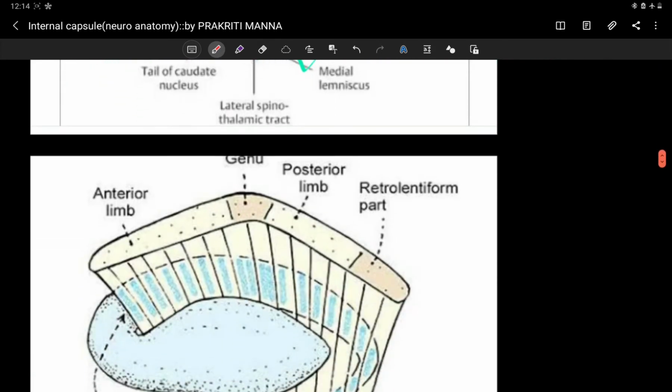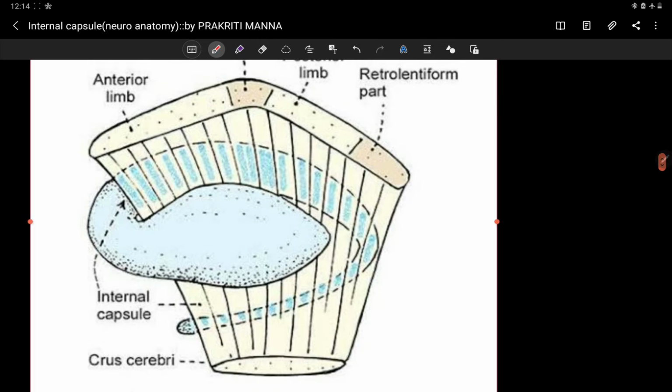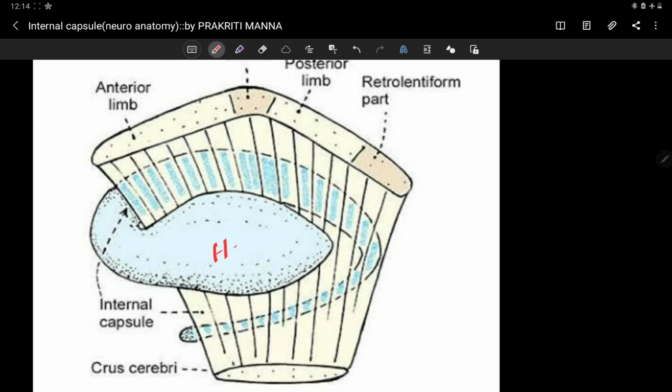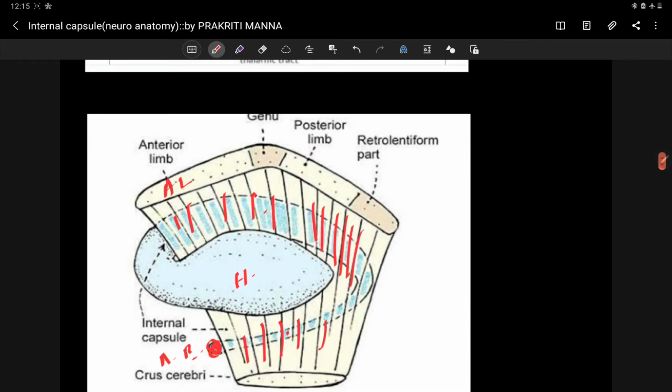Of the nervous arrangement. Yes, you can see one picture here also. This is your caudate nucleus, head of the caudate. You can see this is the head of the caudate, this the body of the caudate, this the tail of the caudate. At the end of the caudate nucleus, you can see the amygdaloid body is attached. And you can see here the fibers that are passing, these are actually forming the internal capsule. This is your anterior limb, this is your genu, this is your posterior limb, and this is your retrolentiform part of the internal capsule. This is also another way of representation.